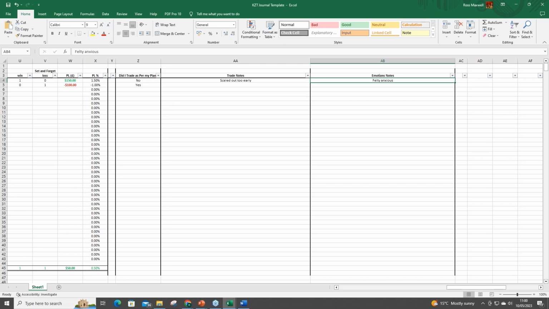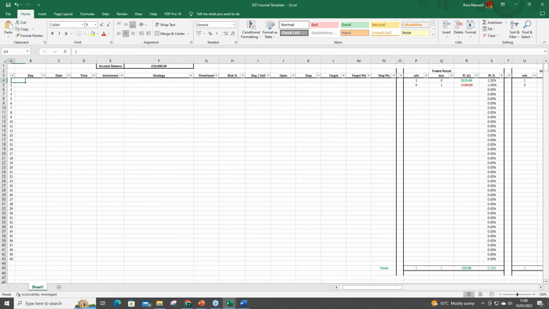Because if you're always feeling anxious in your trades, then those emotions are going to be hijacking your decision making, and we know we need to work on our emotional side of things and our mindset to then start following our trade plan. And if we then start following our trade plan that we know has a positive expectancy, then we're going to start making money. So really, this is essential. It's our number one tool to analyze our trading and make sure that we can identify the areas that we need to work on.